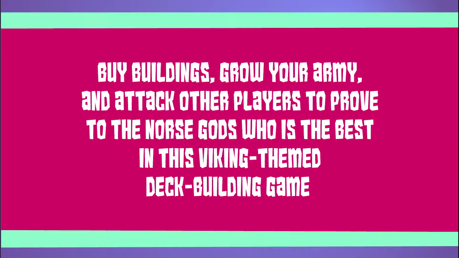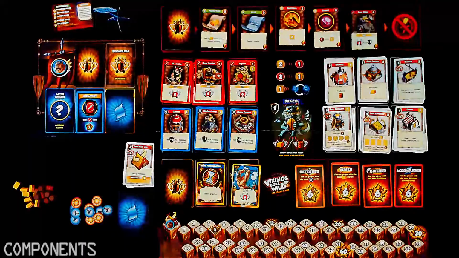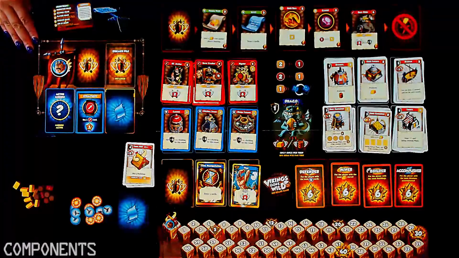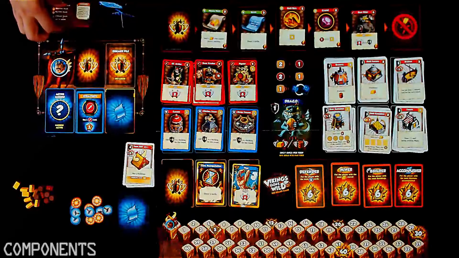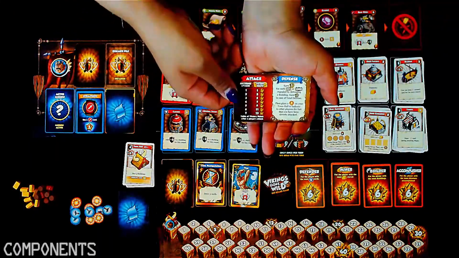Buy buildings, grow your army, and attack other players to prove to the Norse gods who is the best in this Viking-themed deck-building game. So now we're going to take a look at the components for Vikings Gone Wild. First, let's take a look at this side of the board here. So here we have the player mat. We have the first player token, Thor's hammer. We have player aids, which are handy to let us know what's going on per round, in addition to how